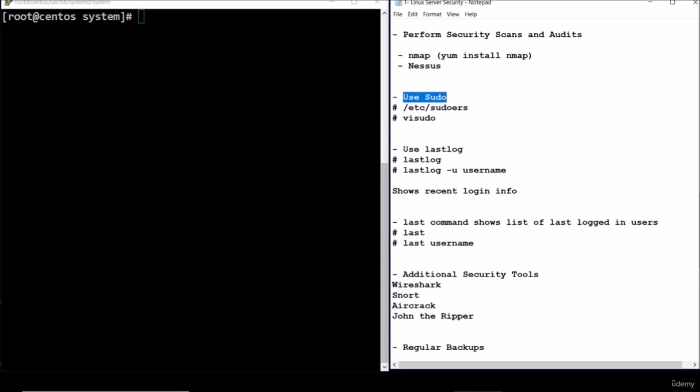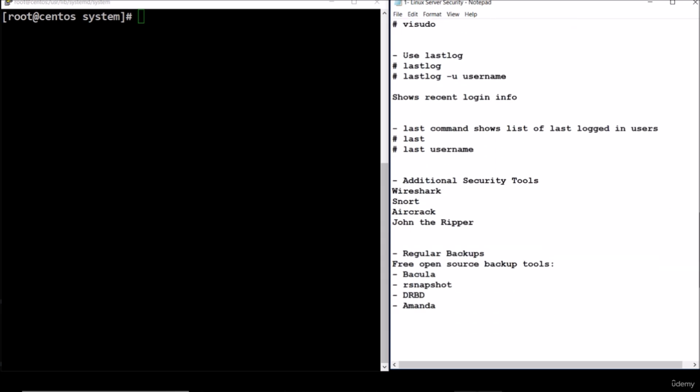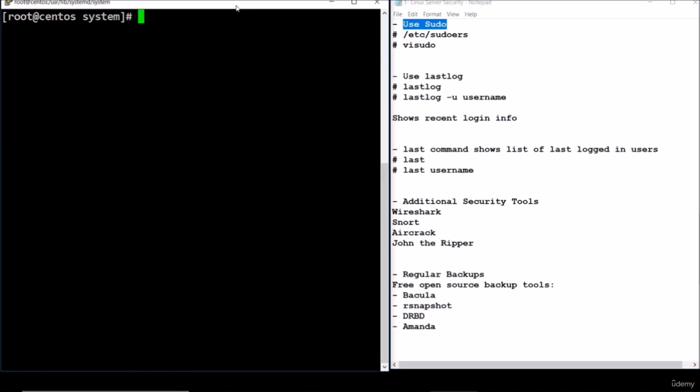Next thing we're going to cover is using lastlog. Lastlog is something that tells you recent login information, and you can also use lastlog -u with the username option, which will show you some more information about who logged in and the recent login information about that person. Let me just run that command so you have an idea. Lastlog, if you hit